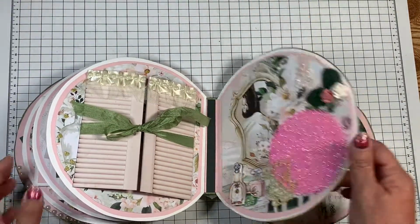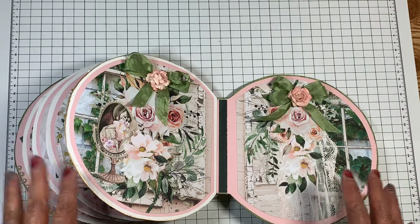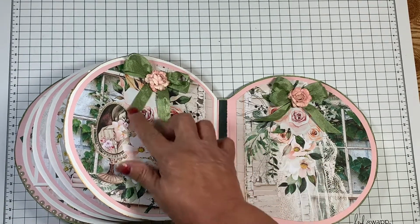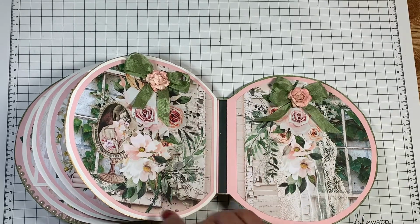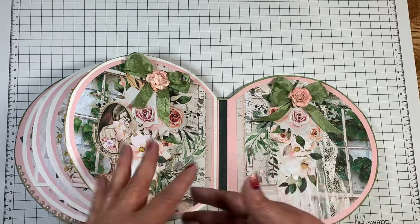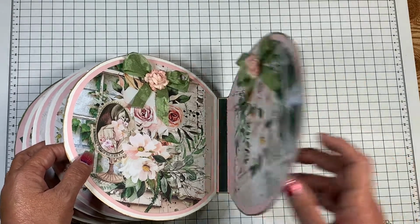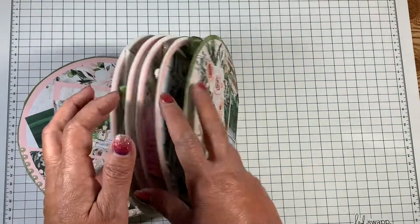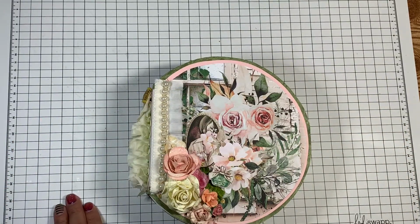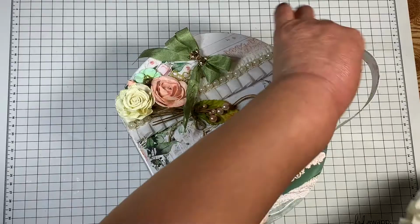Okay, and then on the last page, it was so busy. Again, it was a busy paper pad, but all I did was put some more seam binding bows with flowers in the center, and that was all I did here, because if a picture is going to go somewhere, it's going to cover most of that busyness going on. That's why I didn't do much to it. And then the back stayed the same, and I simply loved this project. And then of course it fits back into the case,